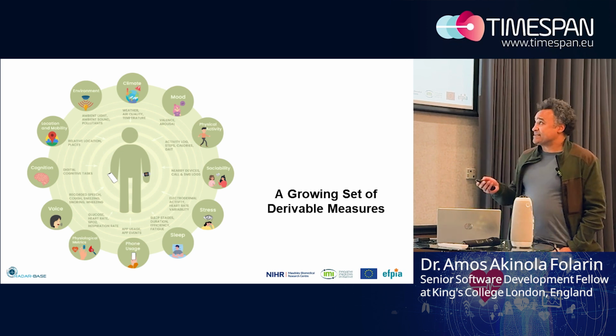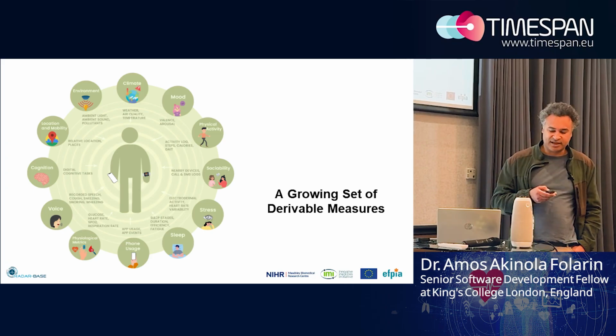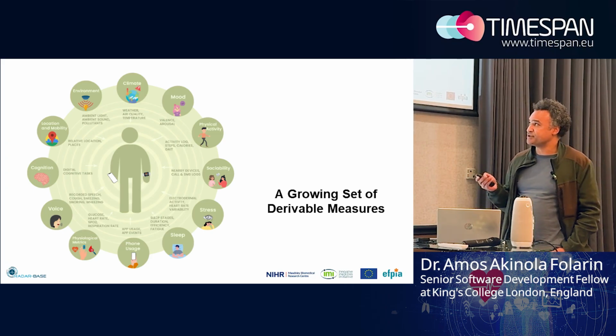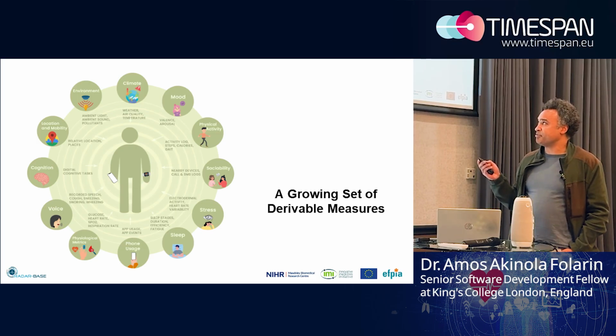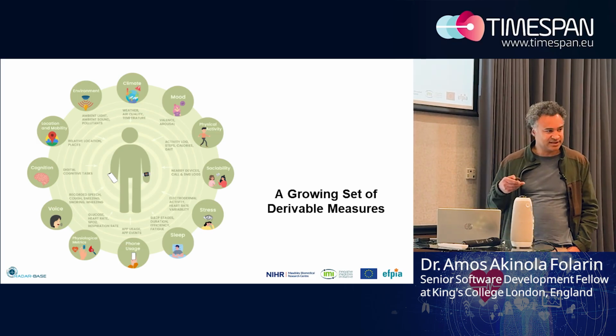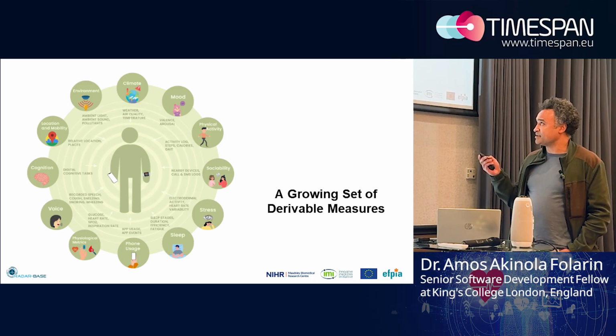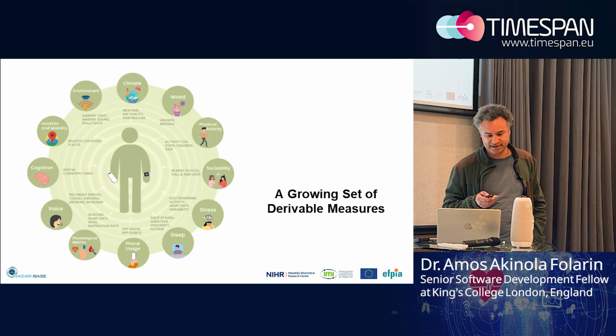And for this, the types of data we're collecting typically vary from quite low-level sensor information through to features that maybe you're a little bit more familiar with. So for things like stress, we might collect electrodermal activity, heart rate variability, and these kinds of things, and that allows us to build up a parameter, a feature of stress.